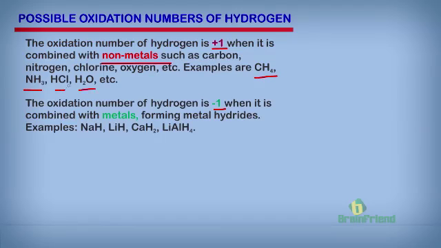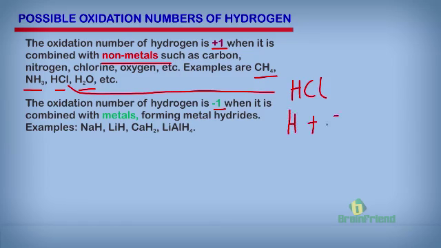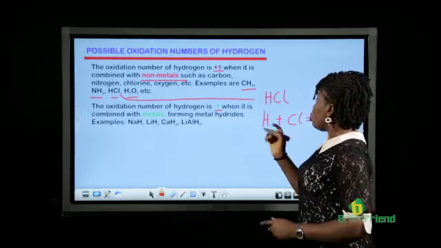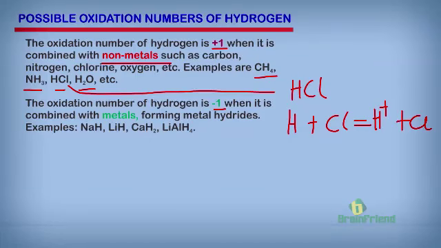For example, let's use HCl, when hydrogen is combined with chlorine. In this reaction, hydrogen is the one giving out an electron to chlorine. So that is why the oxidation number of hydrogen in this reaction will be +1, while that of chlorine will be -1. So hydrogen carries a positive oxidation number of 1 when it is in combination with